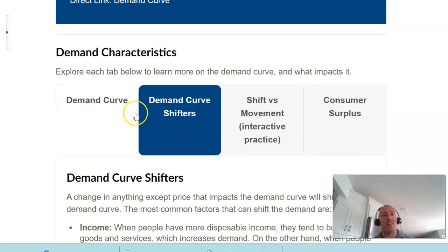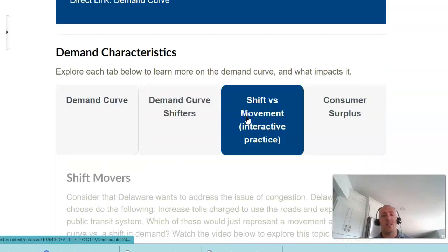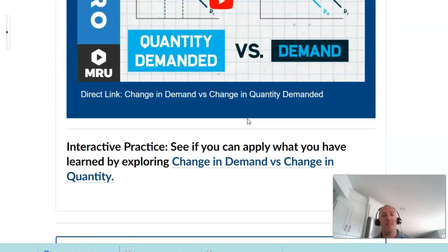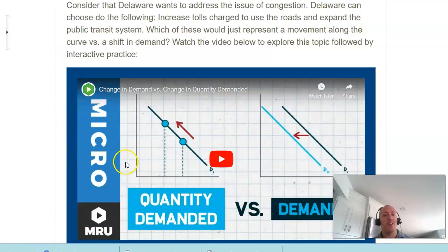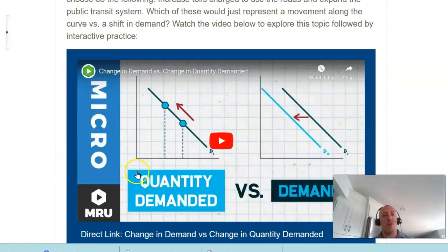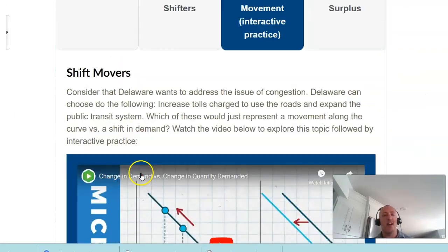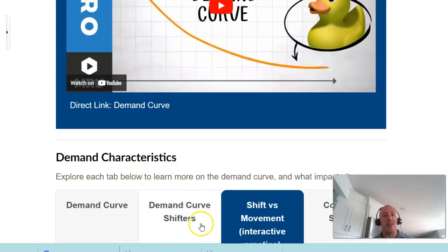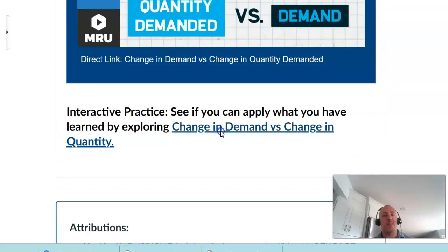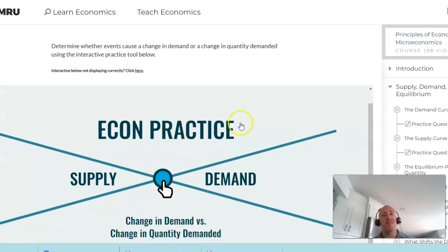So you just want to pay attention that you toggle between each of these, and there may be videos, and again, interactive practice. Make sure you scroll all the way down to the end and toggle between all these different tabs, because you might run into something like interactive practice.